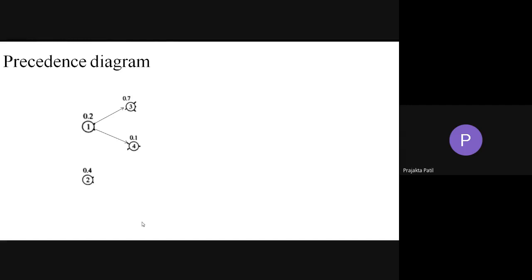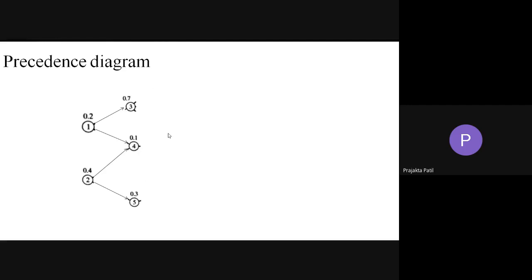So if you see the next one, that is the fifth work element, it requires the second element to be preceded by. Therefore, this is how you can draw the precedence diagram. You start with 1 and 2. Third can be completed after first is completed. Fourth can be completed after 1 and 2 are completed. And fifth, it can be completed after the second one is completed. This is clear.